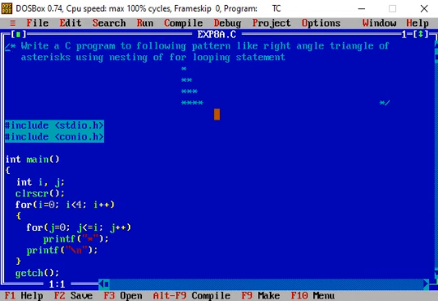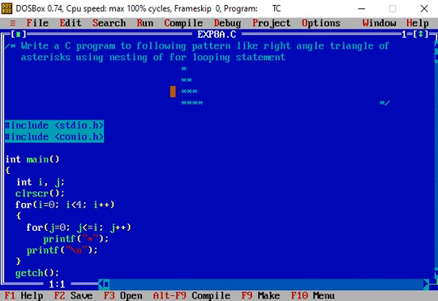Now when we see the pattern shown above, here we find how many rows are to be printed and how many columns are to be printed. So from the pattern we see that in the first row we have to print 1 star, in the second row 2 stars, in the third row 3 stars, and in the fourth row 4 stars are to be printed.